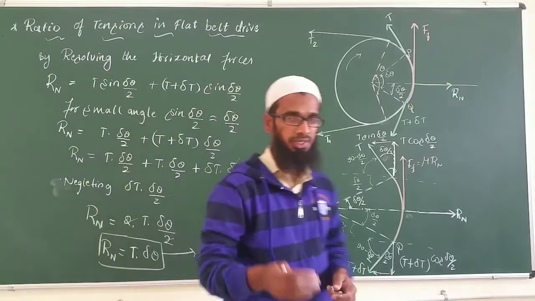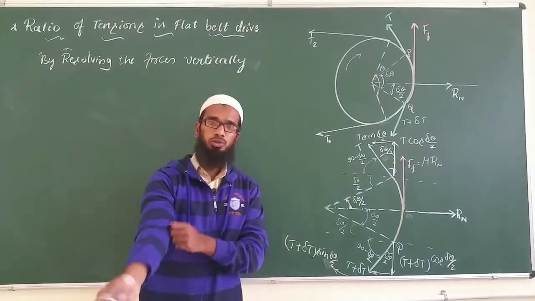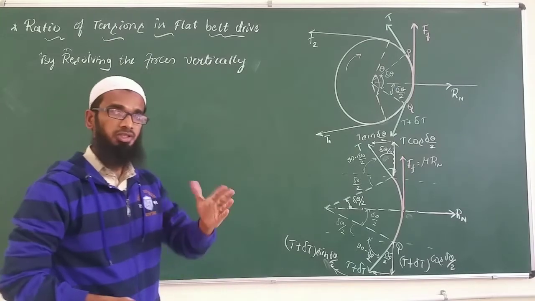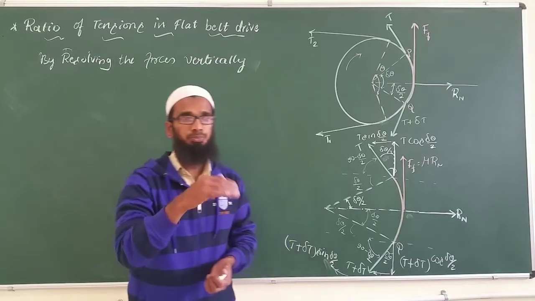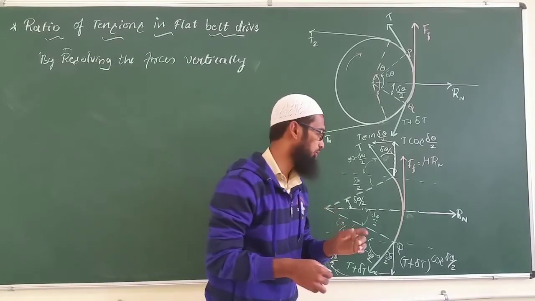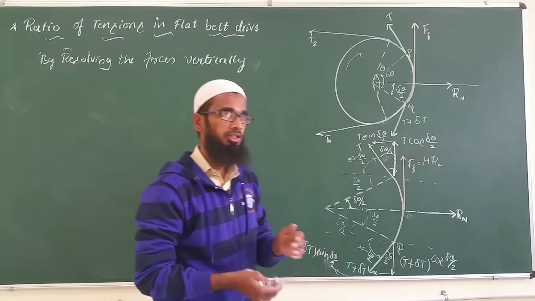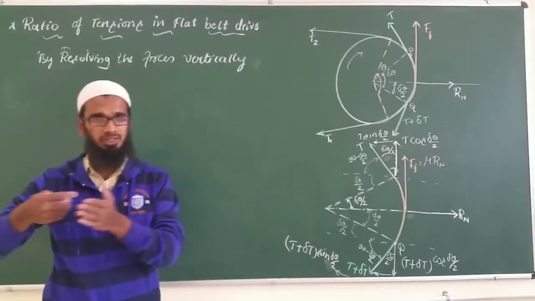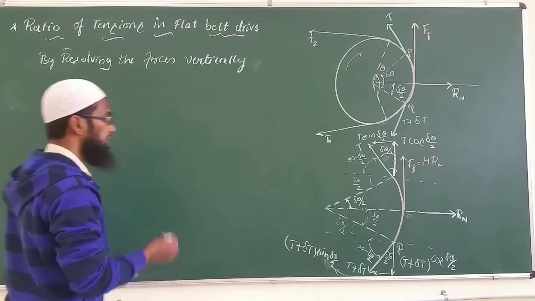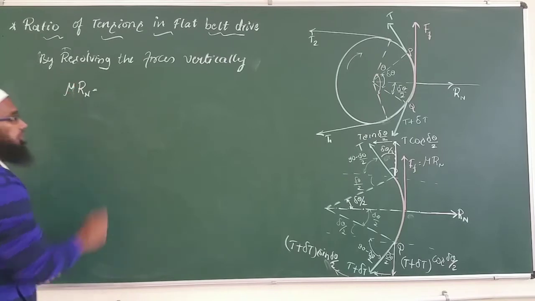Now similarly we'll try to take the vertical component of this. Now we'll move on to the second case by resolving the forces in the vertical direction. So we see which are the vertical forces and equate the forces acting upward to the forces acting downward. Now we can see here the frictional force is acting upward. The upward forces I'll take on one side, and the forces acting downward I'll take on the other side. So this is the frictional force μRn.